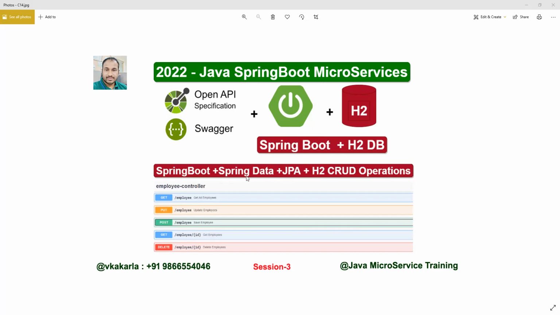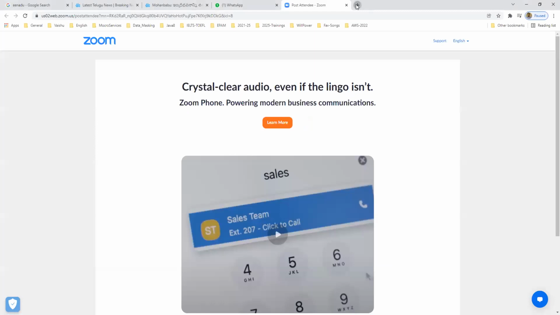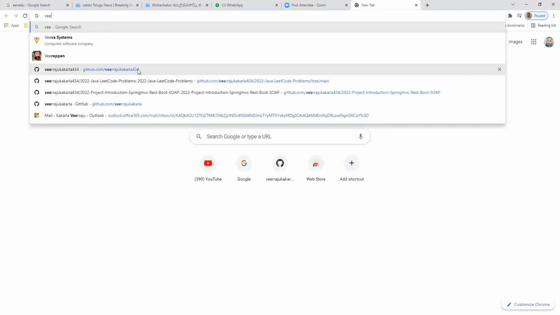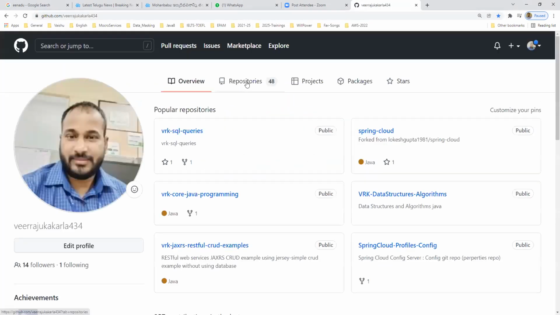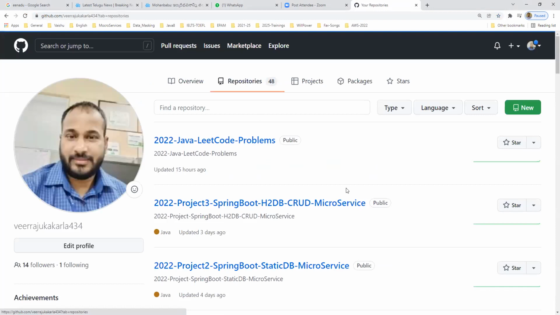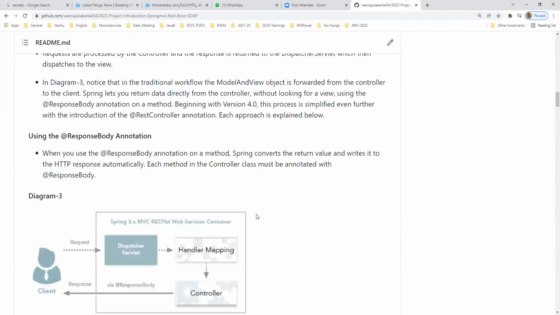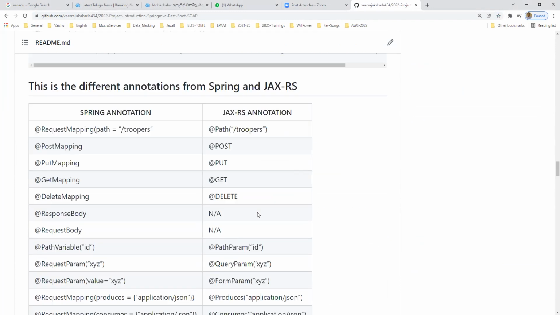And also, what is Spring Data? Data is the name of the place where we can store, whether it is in databases, whether it is an SQL database, or whether it is a NoSQL database. So here, let me share my screen. Here I just want to show you Spring Data.